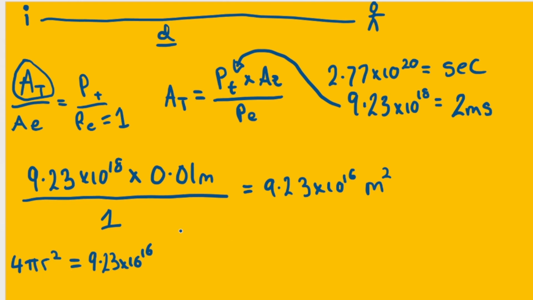So if we do 9.23 times 10 to the 16 divided by 4 pi, then that gives us that r squared is equal to 7.35 times 10 to the 15, and then we're going to square root that, and we get r is equal to